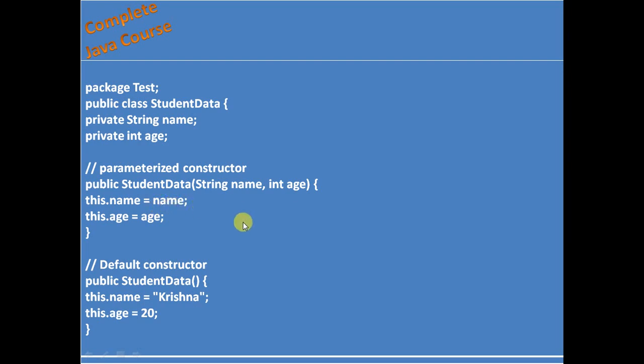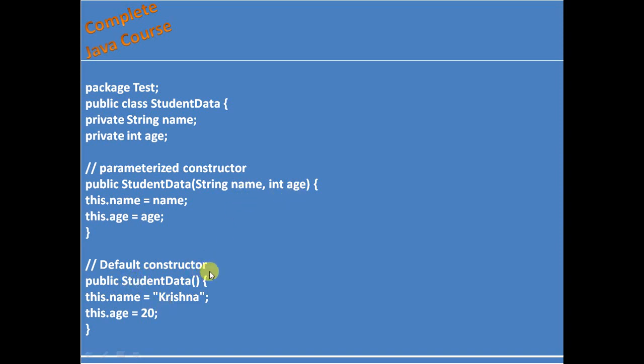The value comes from when we create the object. At that time we provide the values of name and age.